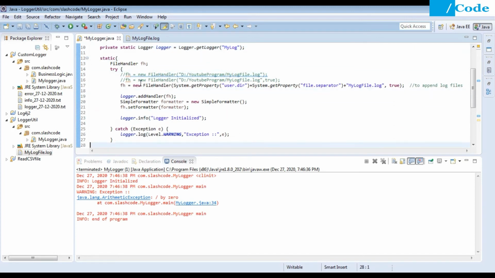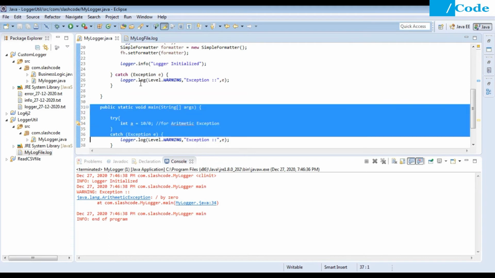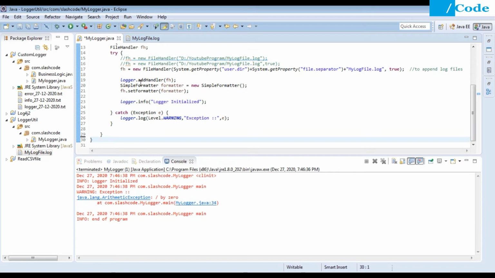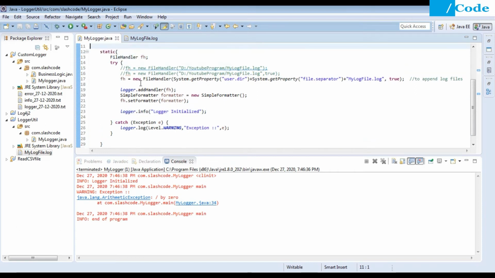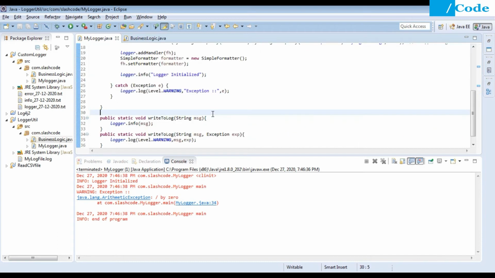So this is one overhead also resolved, and we have put it in the static block. Now this mylogger.java file will be the class where all the logging will be defined, and I will access this class from outside, from any of my business logic classes. So how to do that, we'll check. I will create a BusinessLogic.java, and the same function we are going to use. As this logger cannot be accessed from outside this MyLogger class, I have created another function, a public static void writeToLog.